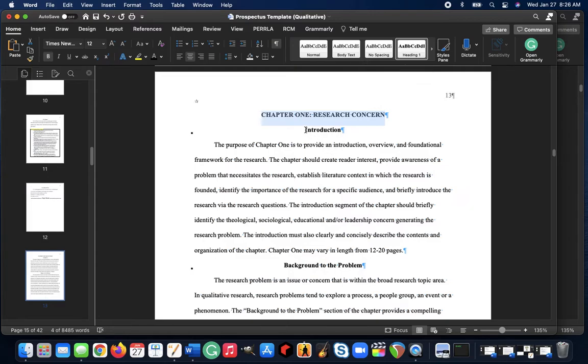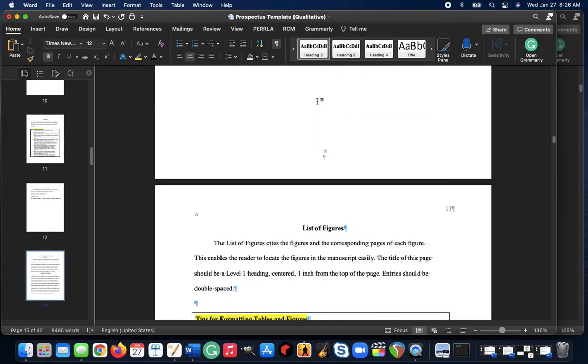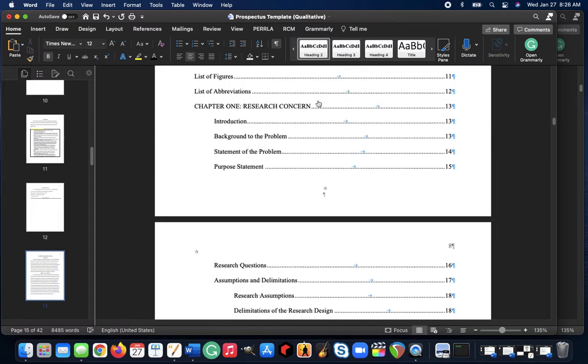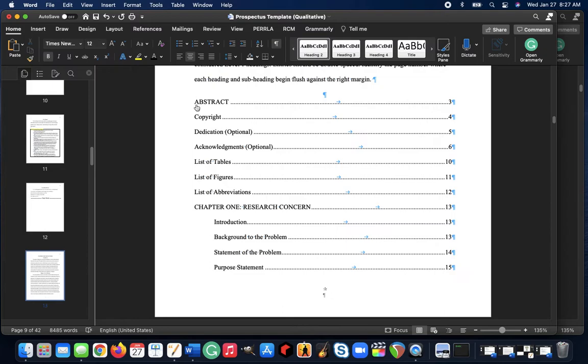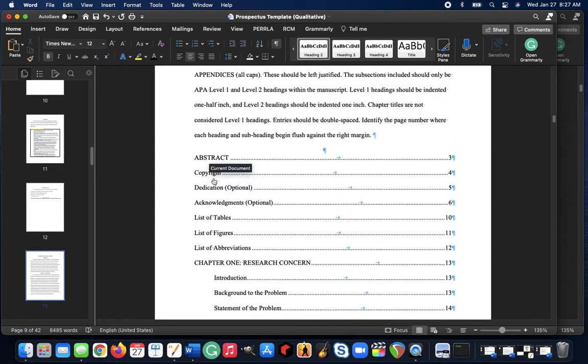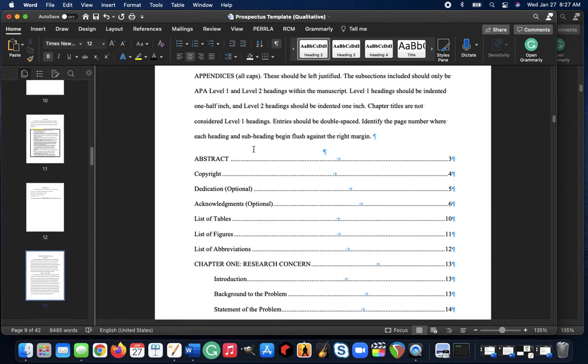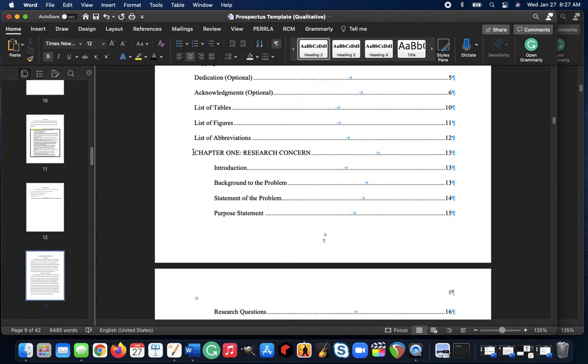Okay? In the introduction, you're going to have to go over, that is identified as a Heading 2. Okay? So let's go back up to the table of contents to see how that works. So Heading 1, if you label something as a Heading 1, it will be justified over here right next to your margin, okay? Even though in the template it calls it level 1, level 2, level 1 isn't the Chapter 1 research concern. Level 1 is actually indented to here, but you have to identify these things here as a